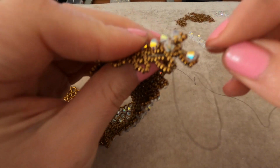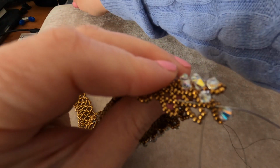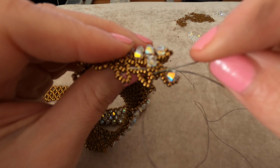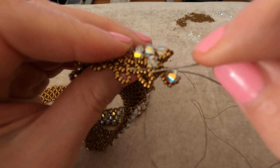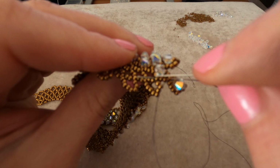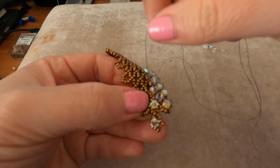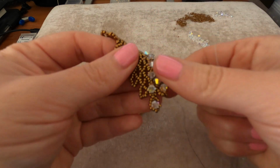Okay, so I've got it all on my needle now. I hope you can see it. So this one is the top, let me just show you with the needle. So this one is the top seed bead of my bottom pocket, and then these two are from the pocket which is above it, and then this is the bottom seed bead of the pocket from the next row. Okay, so we're coming out of here. Right, pull your thread. Okay, so now we're going to do the same steps